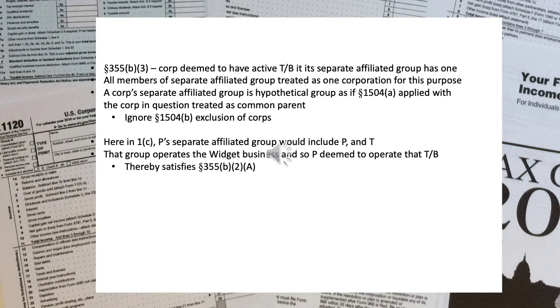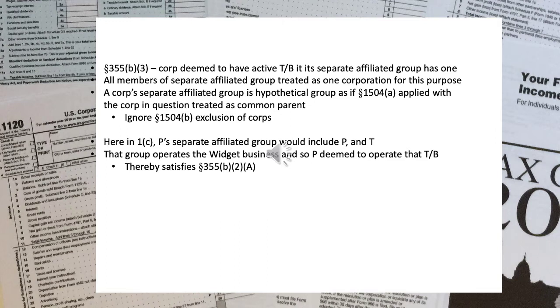What is a separate affiliated group? Well, a separate affiliated group is a hypothetical group determined by one, looking at the stock requirements of Section 1504A, two, ignoring the list of corporations excluded by Section 1504B, and three, treating the corporation you are measuring, in other words,